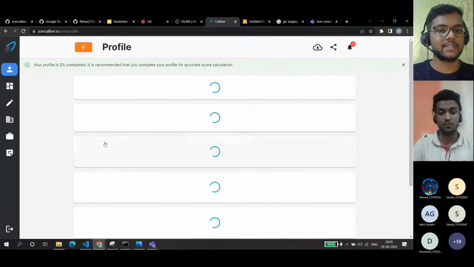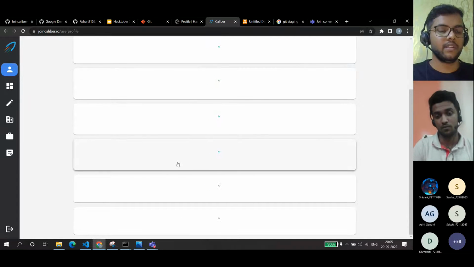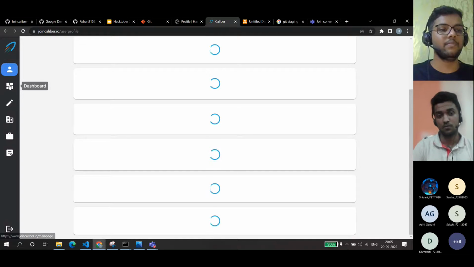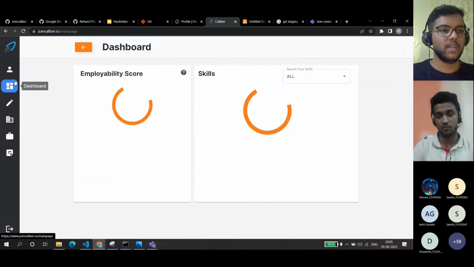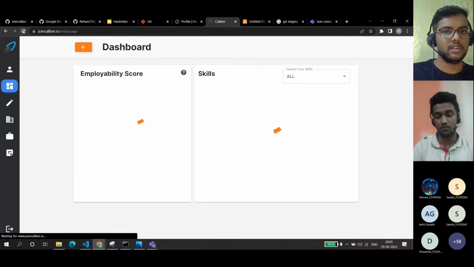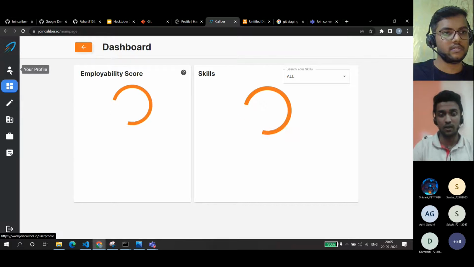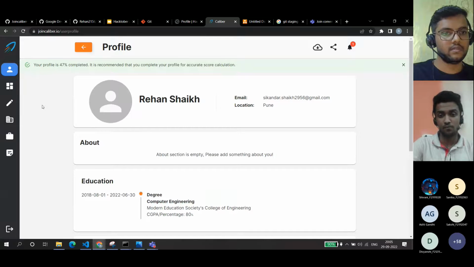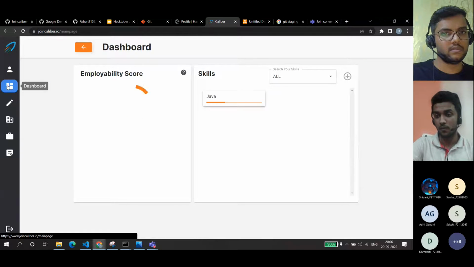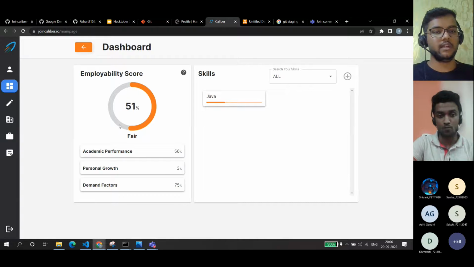Let's say you add the skill HTML, and someone adds React. HTML will have a lower employability score than React, because React is something the market demands, so it will have a better impact on your resume. Let me reload this page. Maybe the server is down, Rehan. Yes, here it is. Great.